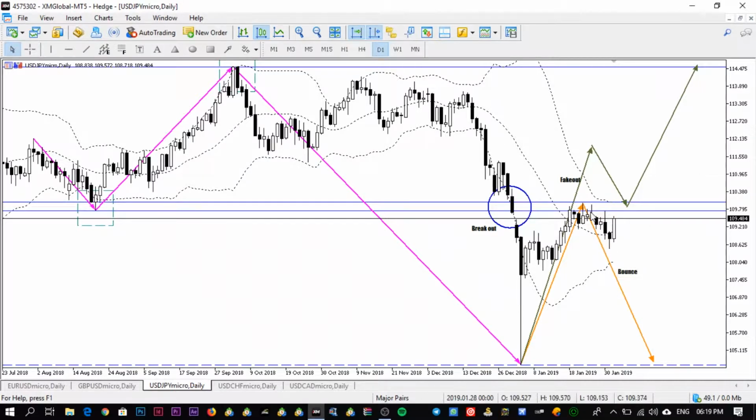Our bounce of support has now turned resistance. So these are the two options that I'm considering for the United States dollar against the Japanese yen for this upcoming week. Very short, very simple, and very sweet. That's how I like to keep my analysis, because you don't want to overcomplicate things and suffer from what we call analysis paralysis. Yeah, so we can now move on to our second last pair of this episode of